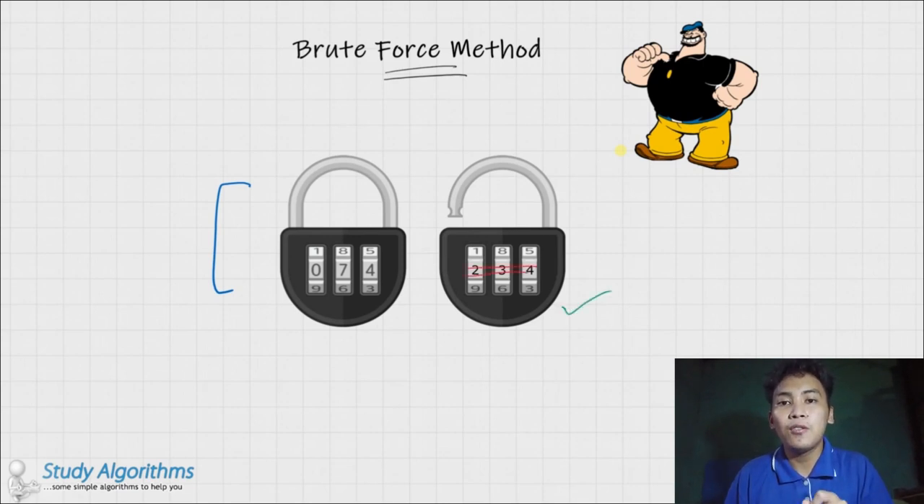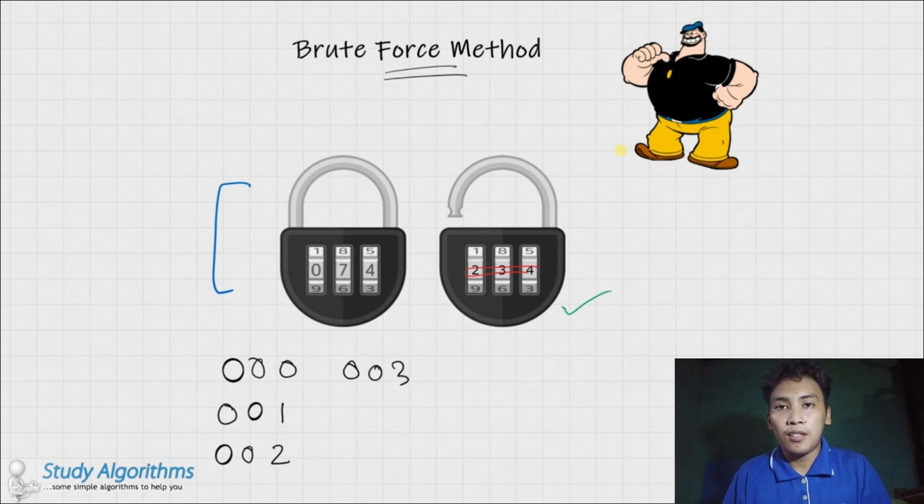But if you don't know this combination and you still desperately want to open this padlock somehow, what do you do? One thing that may come to your mind is, what if I try all the combinations that are possible? So I go with 000, then 001, 002, 003, and so on. You get the idea. And eventually you would land upon the code 234